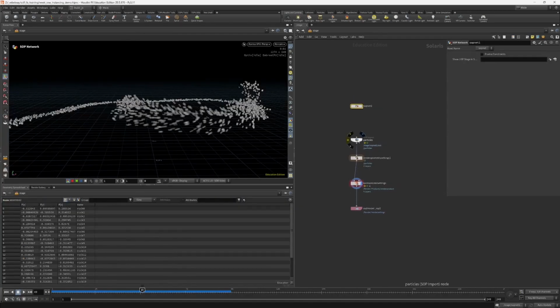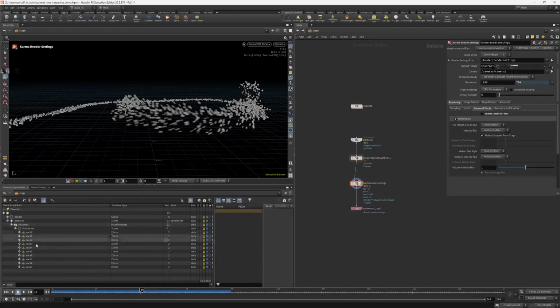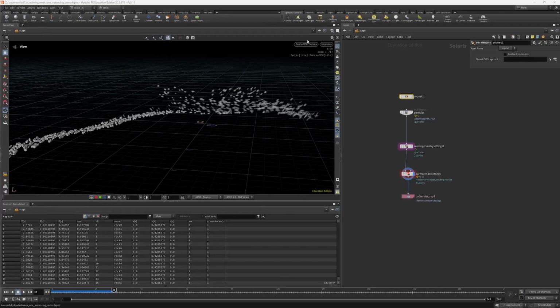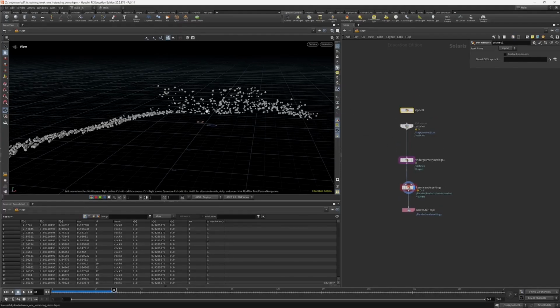Next, we're just going to look at how we can export this from SOPs, and then maybe we'll have a look at how we actually assign shaders, like I said, to this instancing setup, and make sure they're working properly. Okay, so I'm just going to pause the render here, and then I want to write this out